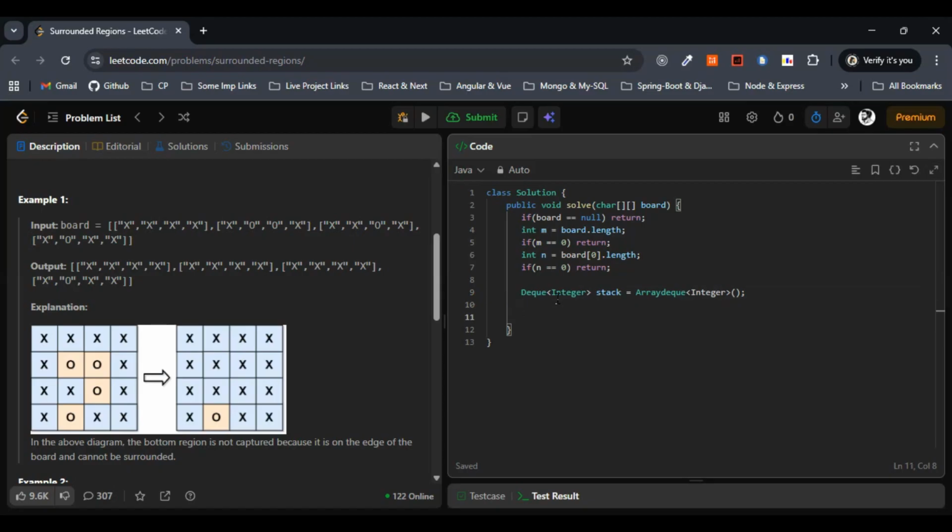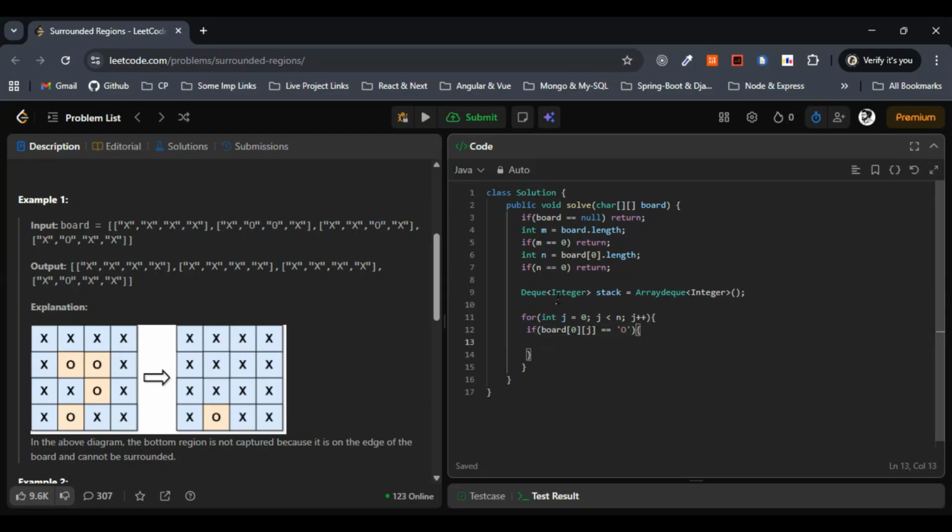The next part would be let's push all the border O's onto the stack and mark them immediately as S. Right. So for this, let's go with for loops everywhere. So this is fine, j from 0, j less than n. Let me increment the j. Top and bottom rows we are considering, right? So let's go with a simple if condition here. Top row border, then marking safe, and then encode and push, these three methods. First, the if condition, we are considering the top row border here. So this one will be board of 0 j. If it is equal to O,